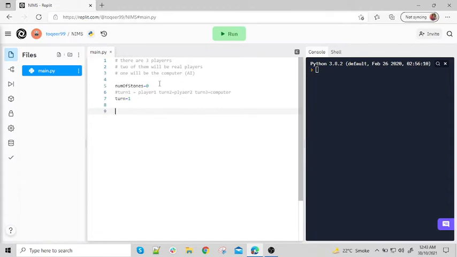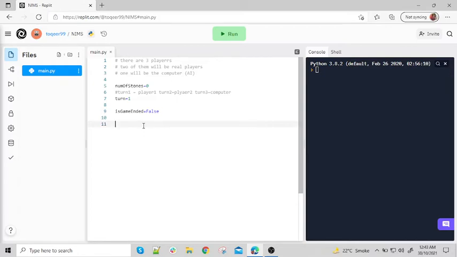Now we need to keep the game playing until a certain condition occurs, and the condition is that the last stone is picked up. For that, let's create a flag, is_game_ended. For boolean variables, we always start with is or are, like a question, which shows that it is a boolean variable. Let me initialize it with false, meaning the game is not ended yet, but when we meet our desired condition, we will set it to true, which will show us that the game has ended.